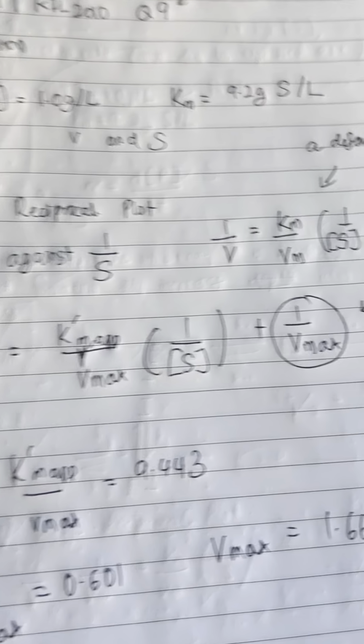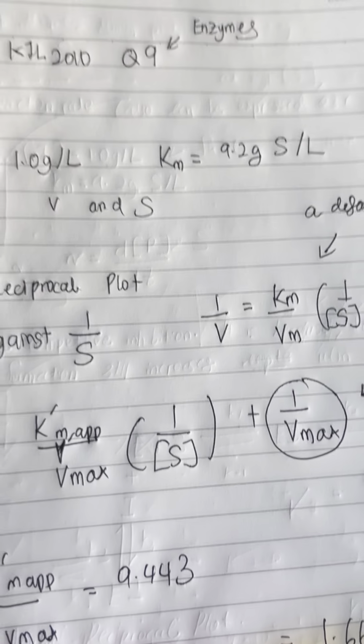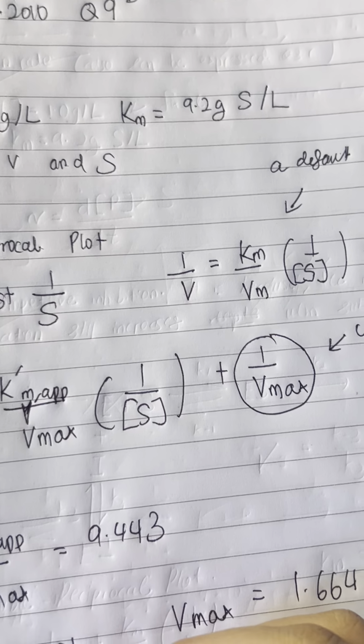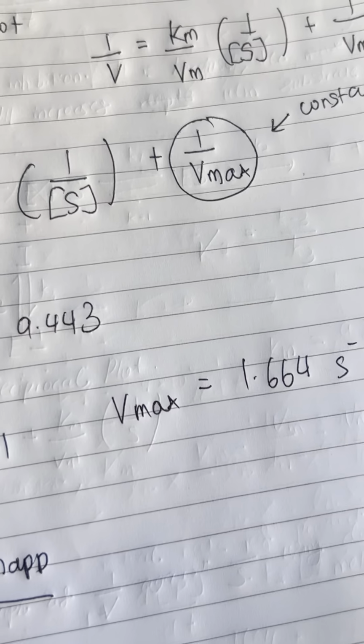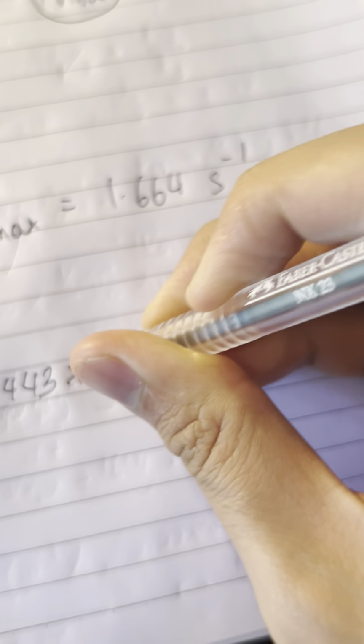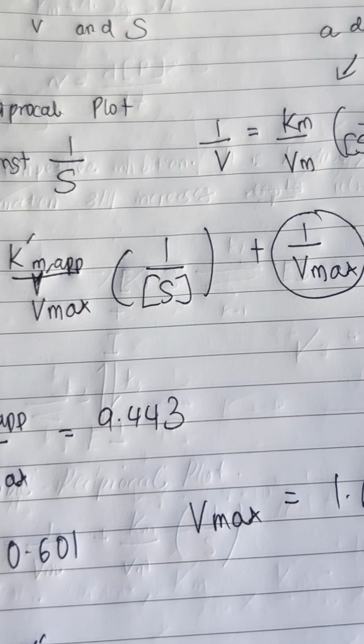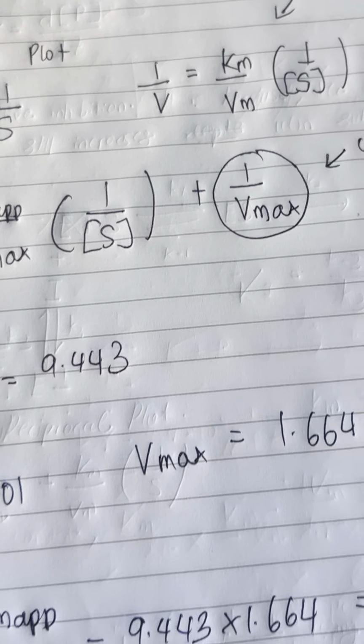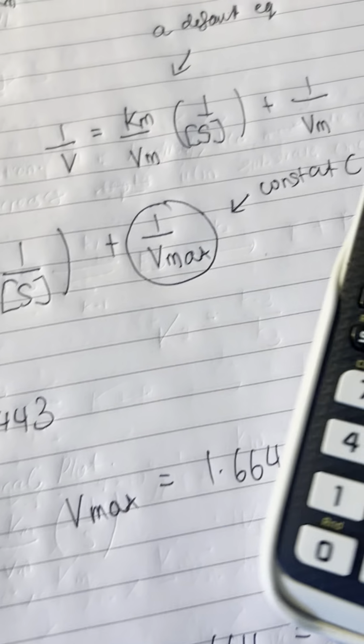And afterwards, what we need to find here is the Km apparent. Km apparent is given in such a way that we can just multiply it directly by 1.664. All right. You'll get this value, 15.713